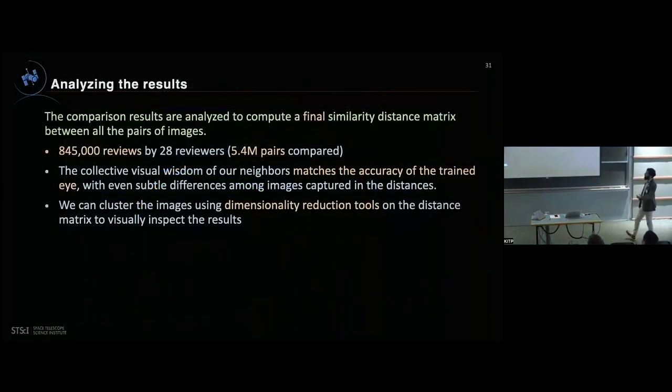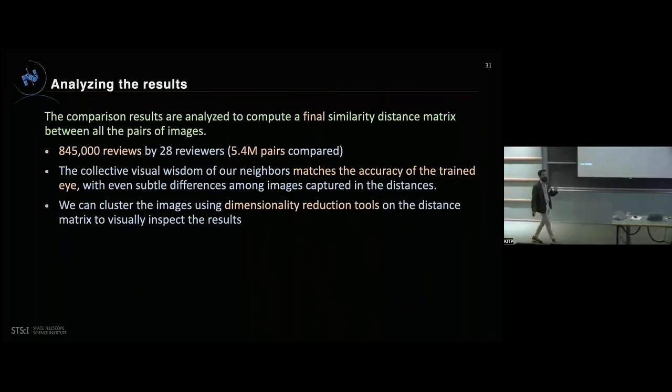Okay, so let's analyze the result. The comparison results were analyzed for a final similarity distance matrix between all the pairs of images. We had nearly 1 million reviews for 5 million pairs actually compared with all those different opportunities. And it's really stunning how good our neighbors are at doing this. I mean, it's amazing. They don't get trapped by weird things. I mean, we gave them very clean images, but they seem to be very, very good at honing in on